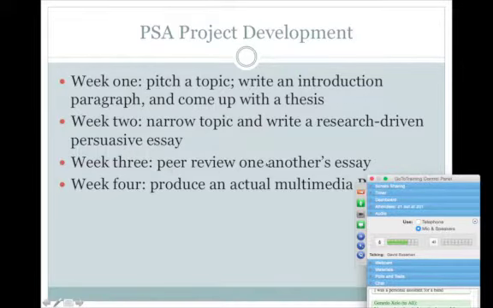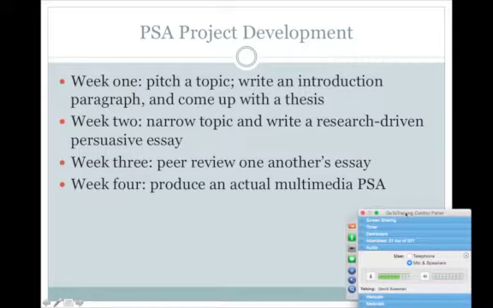Week 3 is peer review, where you'll read each other's work and give each other feedback. And week 4, you're going to produce an actual multimedia public service announcement. I'm not going to say too much about that now because I don't want people worrying too much about things that are coming later, when we still need to find a topic. But yes, ultimately you'll produce, we have I think 4 or 5 different categories that the public service announcement can take. So you'll create a short film,